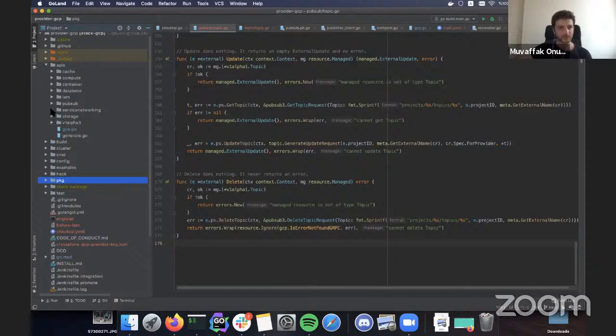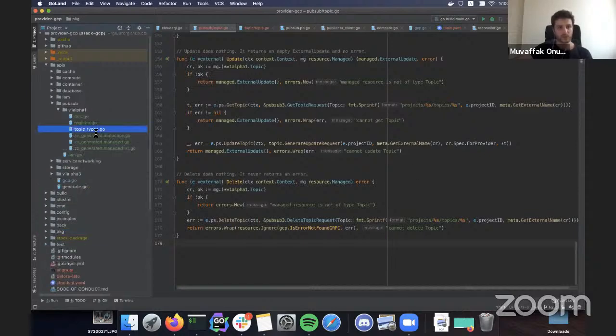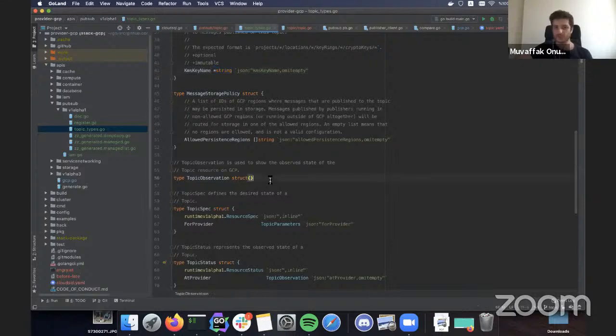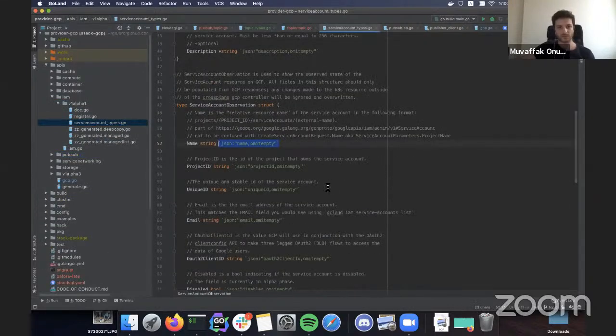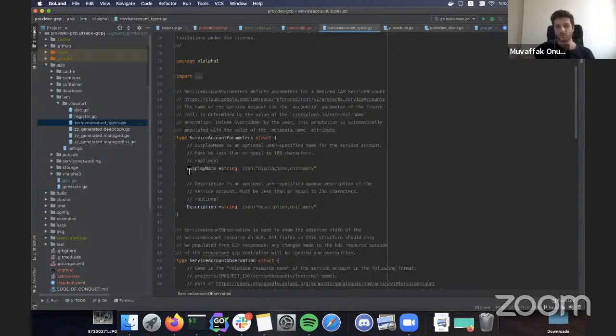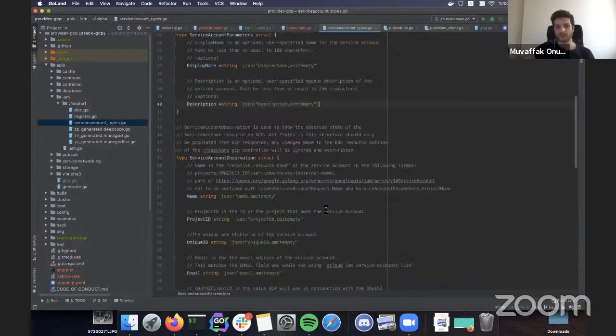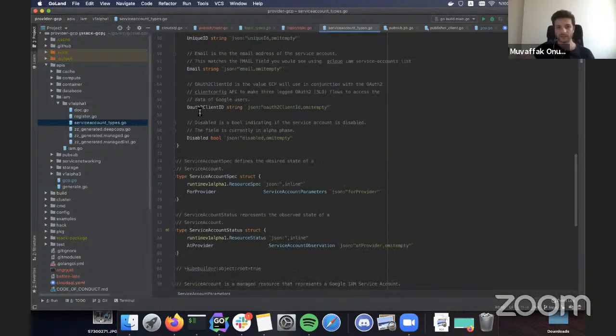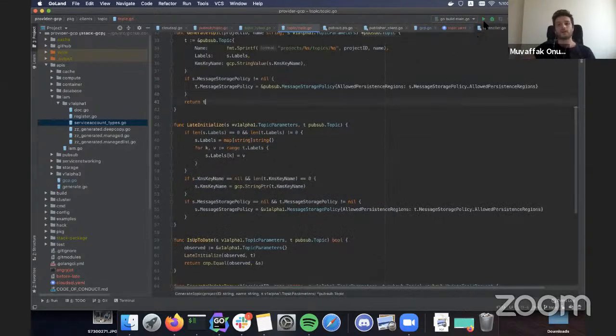Our API type is, I believe, complete. For the first time, the observation is empty, but that is fine. Everything is configurable and there is no observation that it returns to us. That doesn't happen in a lot of cases. For example, in service account, you can only provide these two parameters, and what you get back is the email, client ID, whether disabled or enabled, and other stuff. Right, yeah.